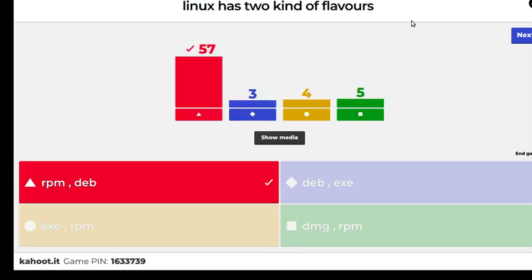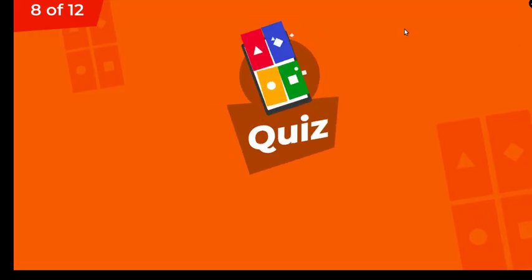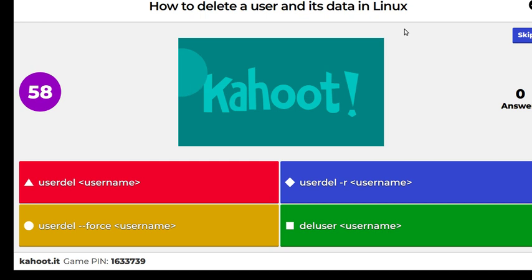Nice. So there's a big one, right? 57 people have given the correct answers. That means you are understanding. It means you are probably revising the session. I'm really happy for all of you, right? And next one, how to delete a user and its data in Linux. Maybe a bit tricky, but